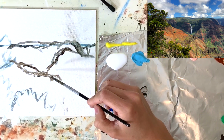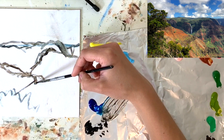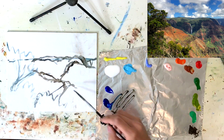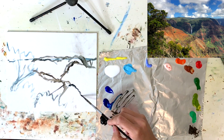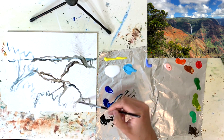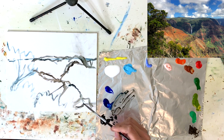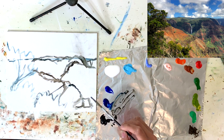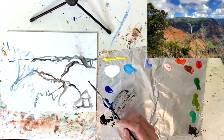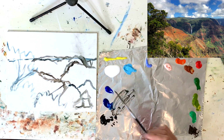So to get started with this painting, I am dipping some of my blue with my brown, not really caring what color it is because I'm just sketching out the scene, but I'm dipping either the blue or the brown or a combo of both of them into the water to thin down that paint and let it give me a nice long line that I can work with so the paint's not drying and giving me that dry brush looking line. I'm watering it down so I can really drag out my lines just to sketch out the concept